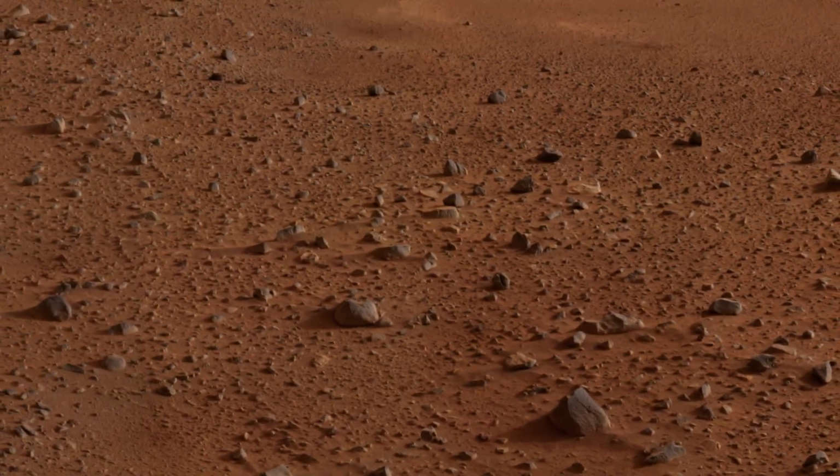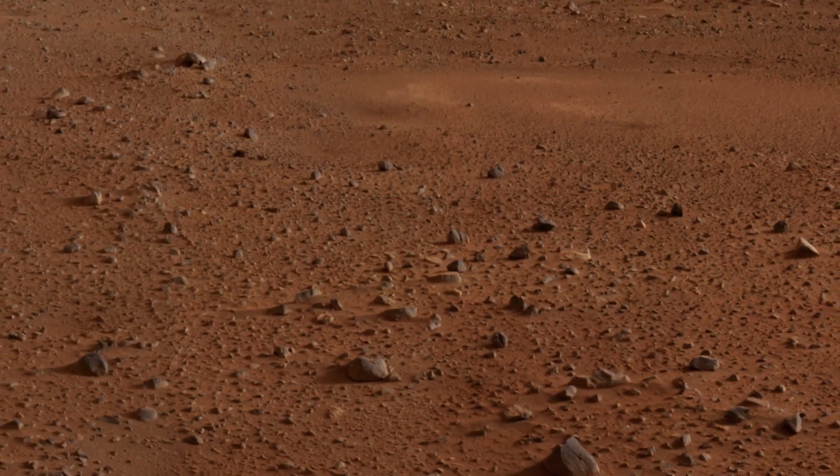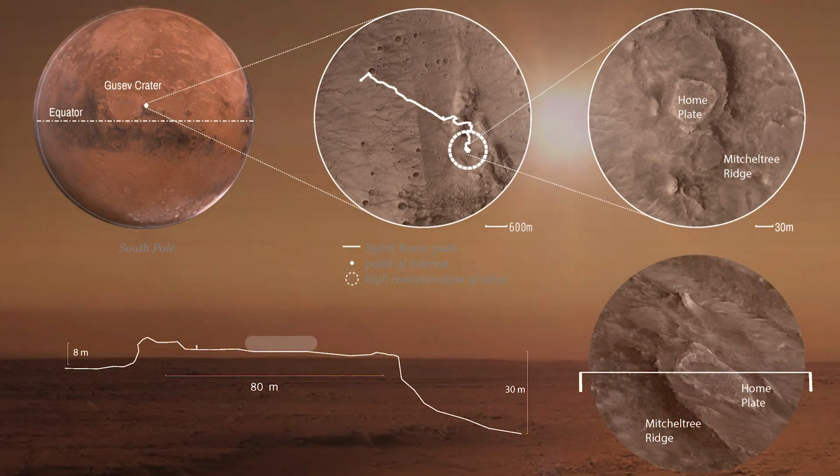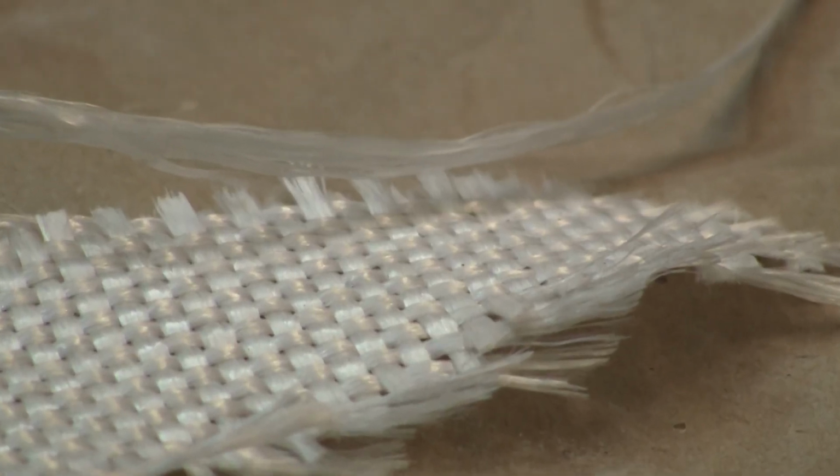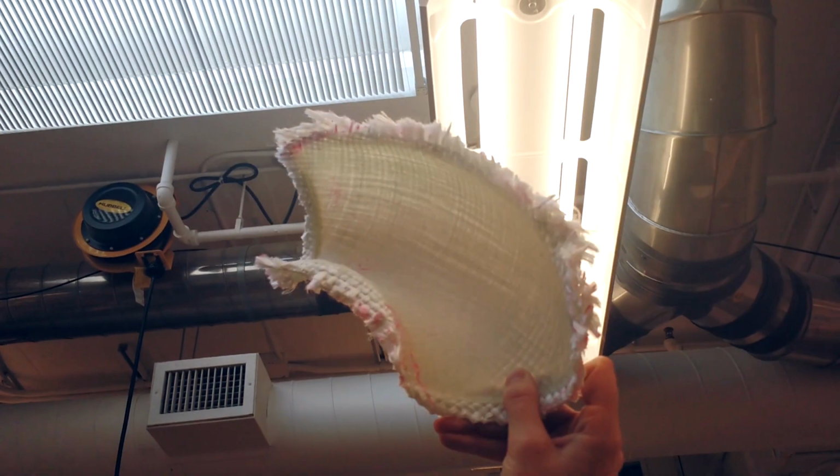We noticed that there was a lot of silica in the soil in many parts of Mars. And we also noticed that the atmospheric composition and the soil composition contained the necessary compounds to make thermoplastics, which we could use to create an airtight membrane to contain the pressurization inside of our structure. It starts out as a woven fabric that is then heated to create a very strong, very lightweight, airtight, and